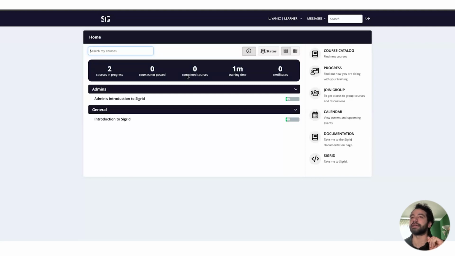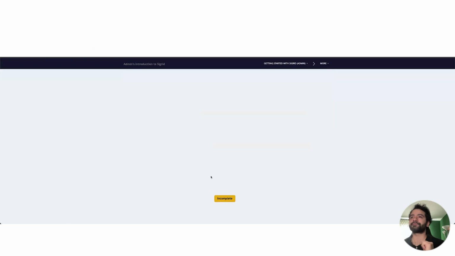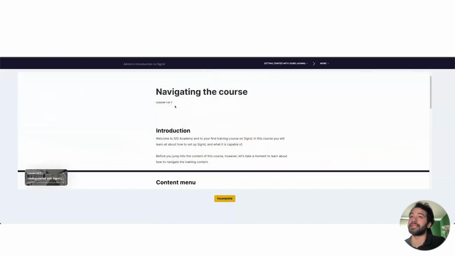It is really simple to just move around in the content. I do want to showcase one thing. We're going to open up one course. And that is this particular button at the bottom. This simply states what the status is of the training that you are doing. Because we have not completed this course yet, it says incomplete. Once you have finished running through the entire course, this will eventually say complete, and it'll be clear to you that you have completed this particular unit.